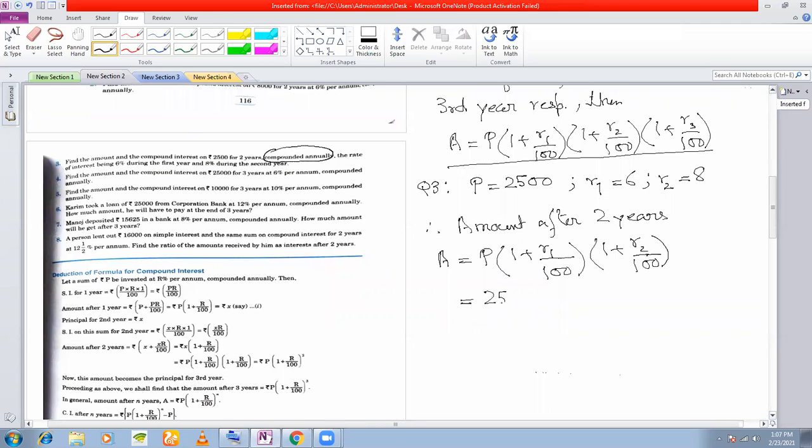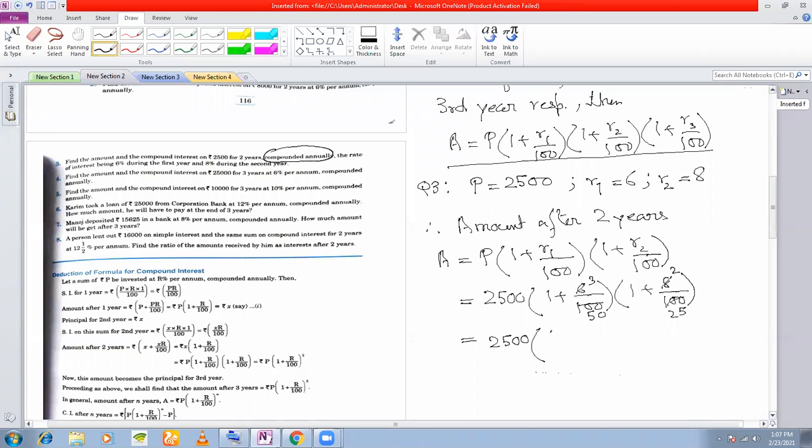So value is 2500. 1 plus R1 by 100, that is 6 by 100, into 1 plus 8 by 100. Okay. So now what you can do is cancel here 350 with 4, 42, 425. So you get 2500